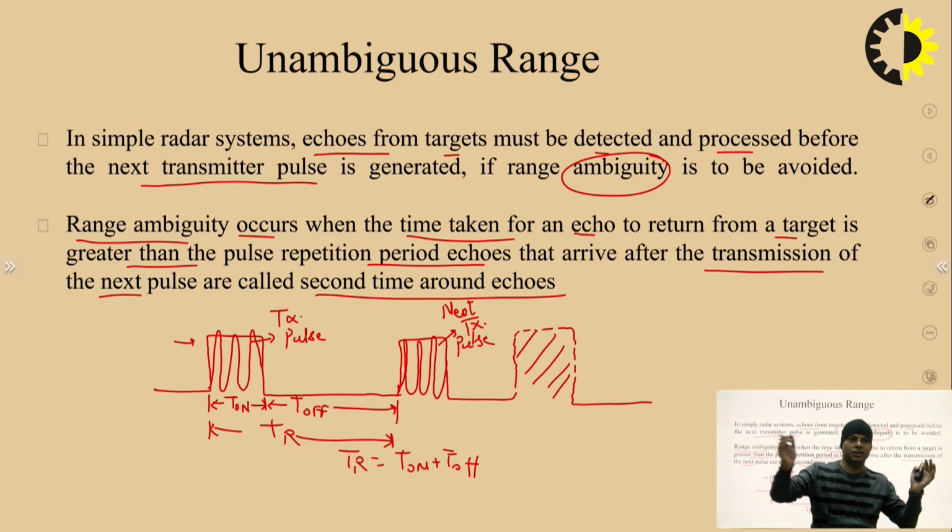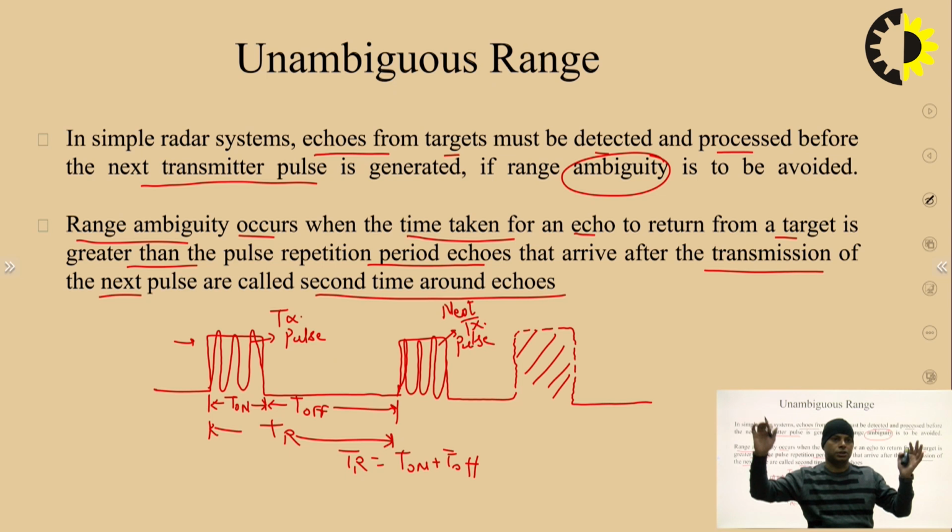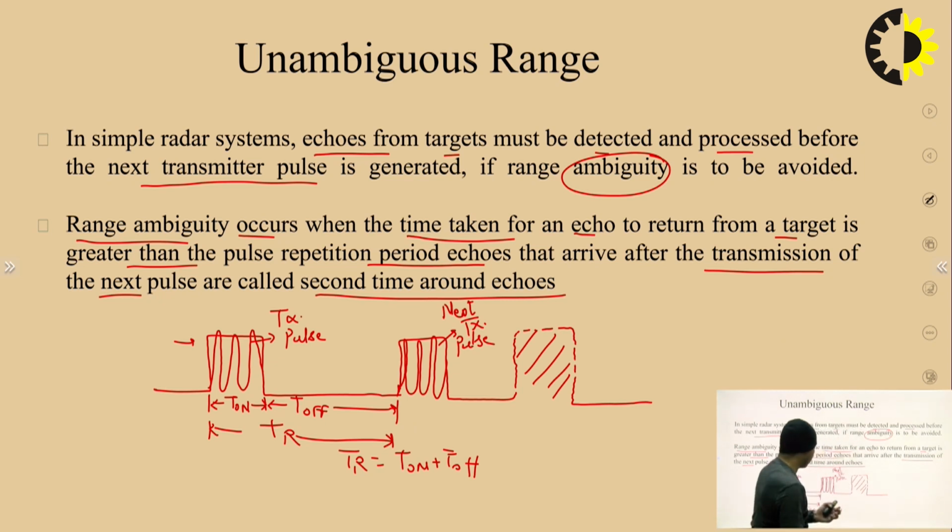So the longest duration means the distance, how much distance it will be covering. So the echoes will now revert back. So what will happen here? The receiver wants to get some output for this transmitted pulse here, but it will not be able to detect. But after a certain interval of time, after this TR duration, which includes the